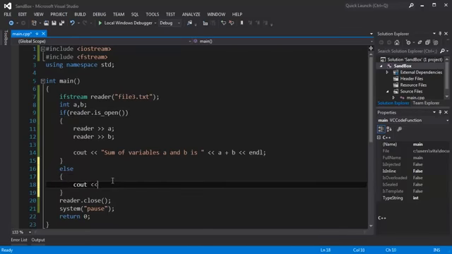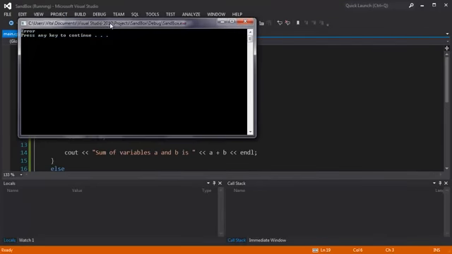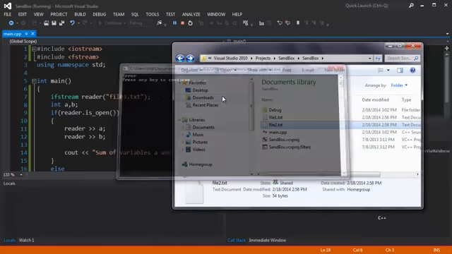And if the file is not there, we can prompt the user for changing the path or something like that, or we can just say the file isn't available at that location, or just print an error or something like that. So I'm going to type error, and when I run the program, file3 is not in our directory. As you can see, we say error,